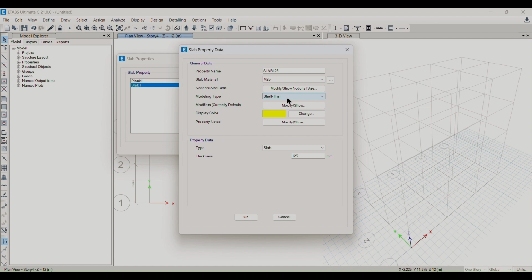Actually in shell thin, you are not considering the shear force carried by the slab. But if you consider the thick shell, it will carry your shear force also. But if you choose the membrane section, then it will not carry any force. It will just translate all force to the beams. So this time I am taking shell thin,